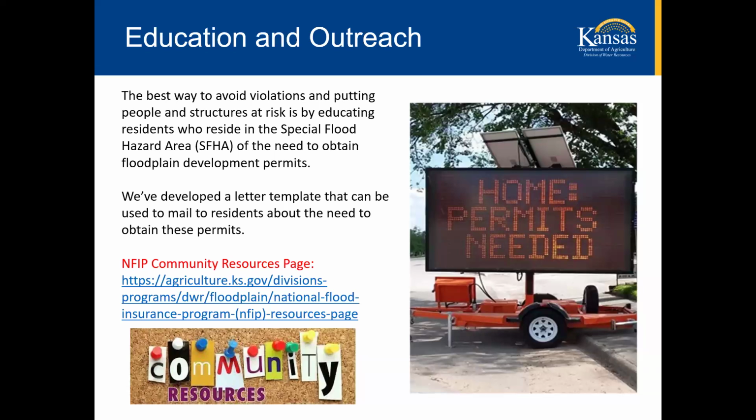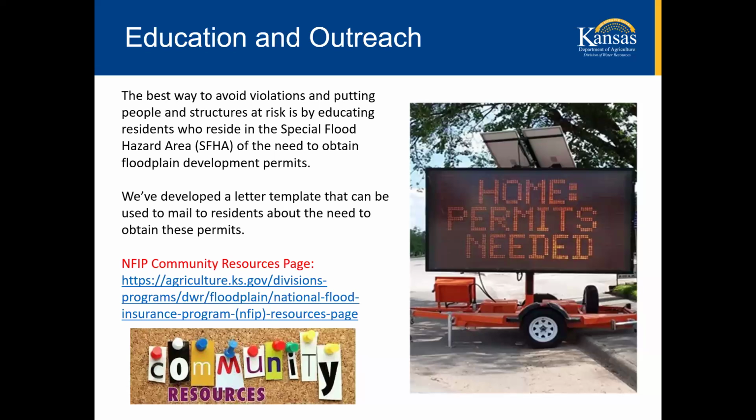In the special flood hazard area, to develop, in addition to any building permits or other permits they might need, there's a specific and separate special floodplain permit that is required. It can be made part of a building permit, but it is separate information that needs to be verified, and that corresponds to the ordinance